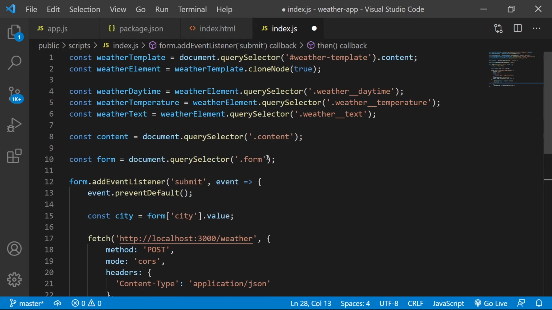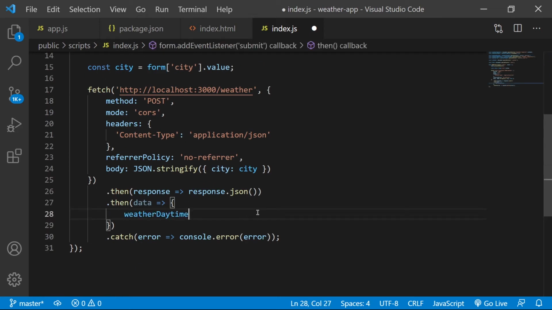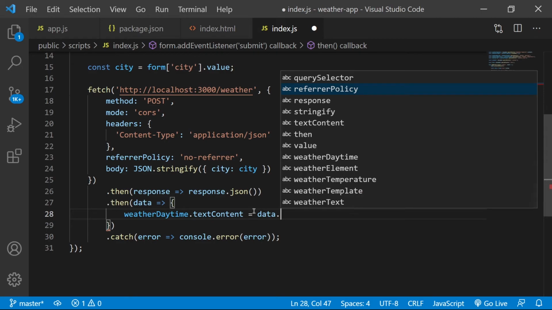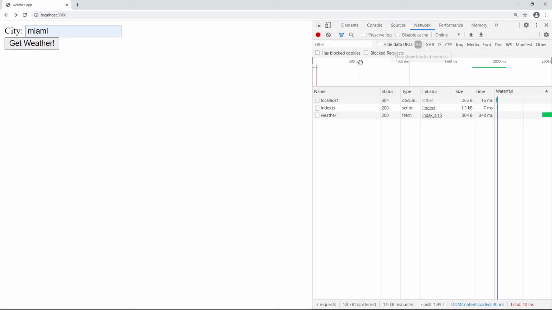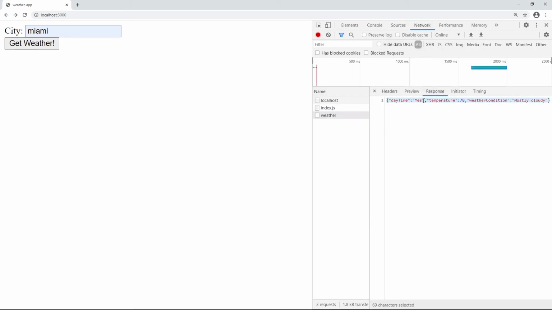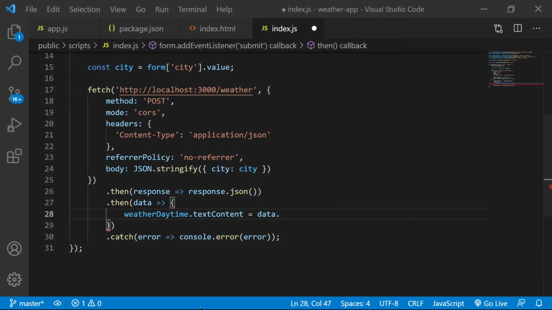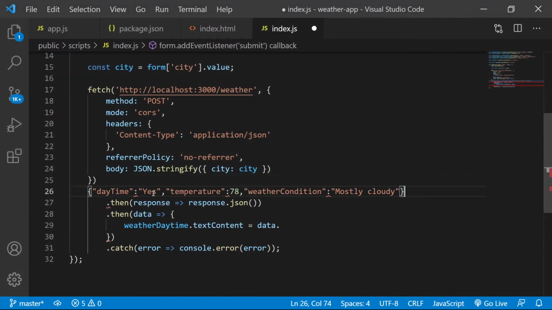So now we can say we have our weather elements, right? So weather daytime, weather temperature, and weather text. Weather daytime dot text content equals data dot, oh no, I have to remember this stuff here. So let me just actually, can we get the response from this? Yeah, I'm gonna copy this response here so I can use this.